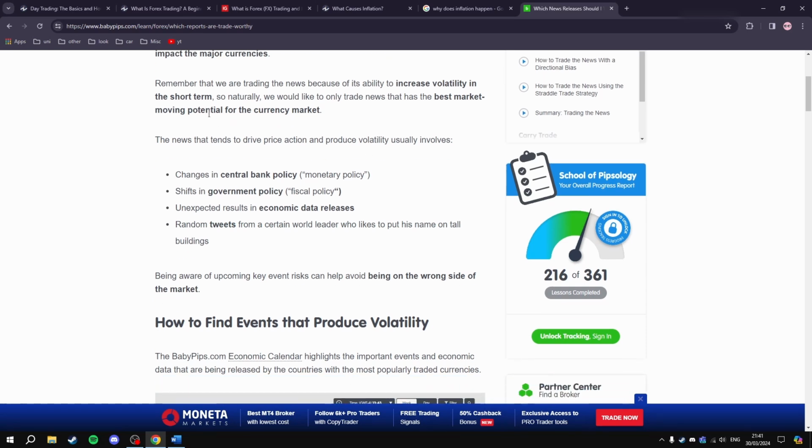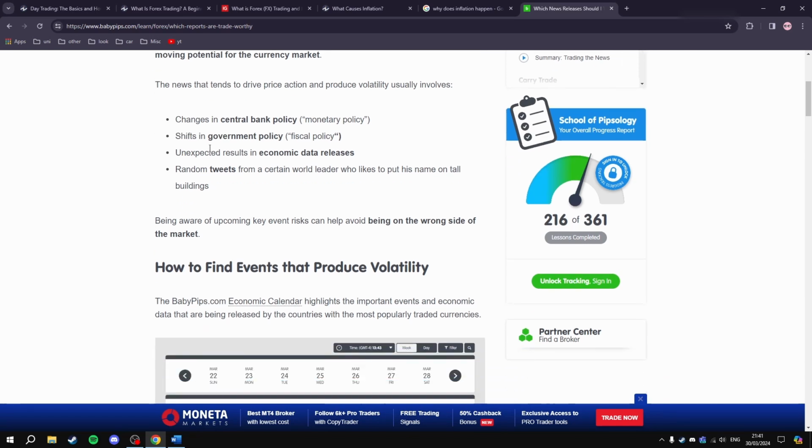Remember that we're trading the news because of its ability to increase volatility in the short term. So naturally we'll like to only trade news that has the best market moving potential for the currency market. The news that tends to drive price action and produce volatility usually involves